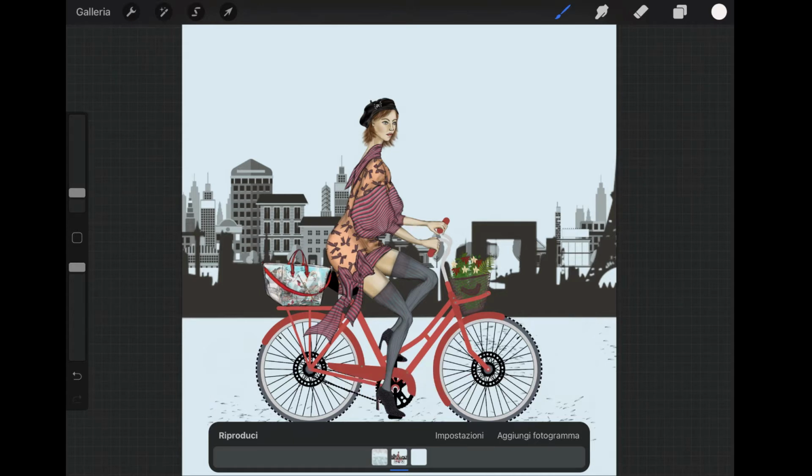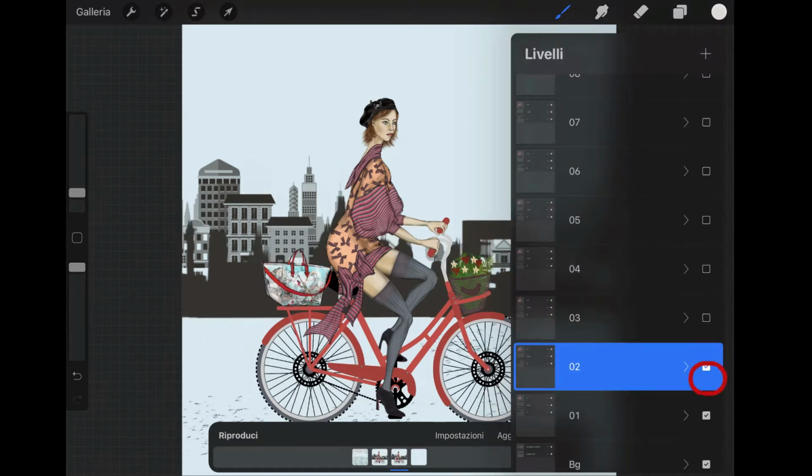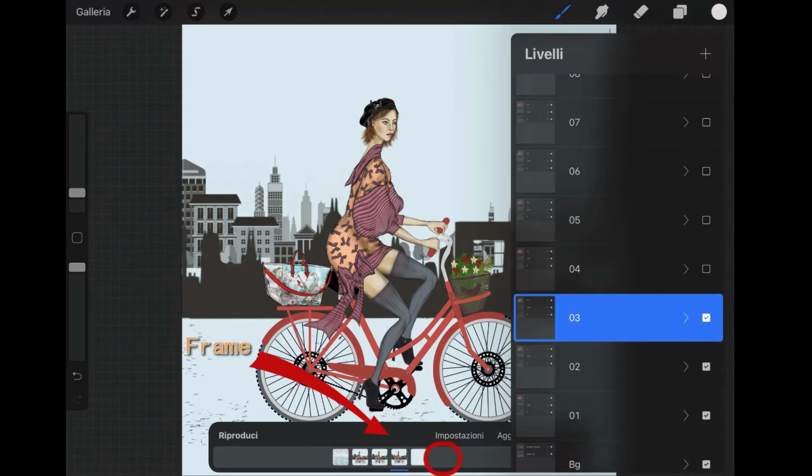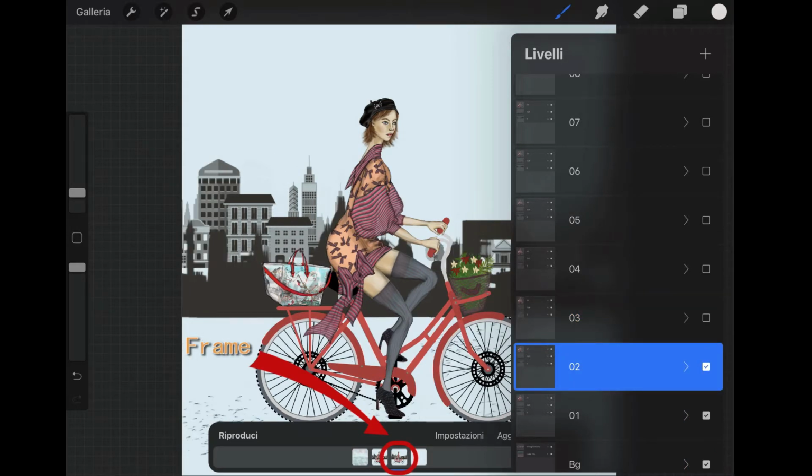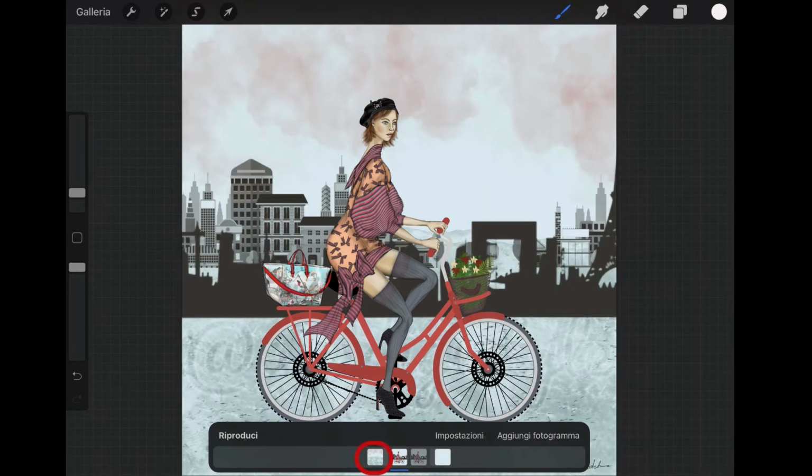All the tools we'll need are located here, and this will allow us to swiftly manage both individual frames and the animation as a whole. Each visible layer of our document represents a frame of our animation, which can be identified through the corresponding thumbnail in the timeline. The frames are arranged in chronological order from left to right.